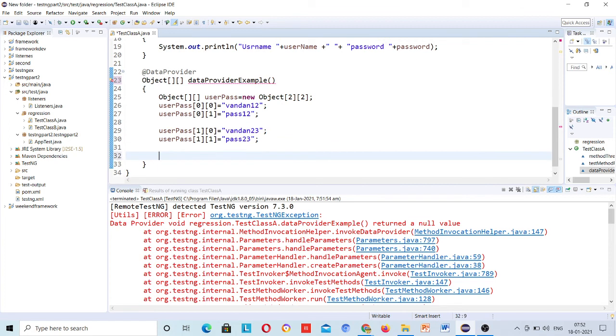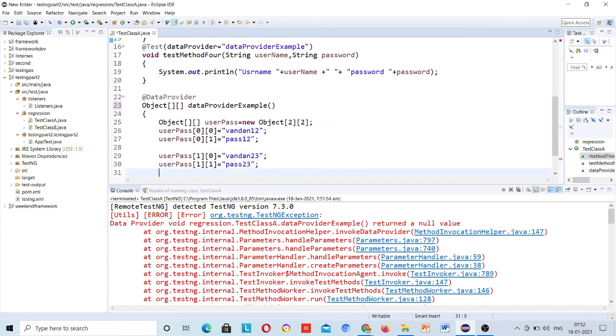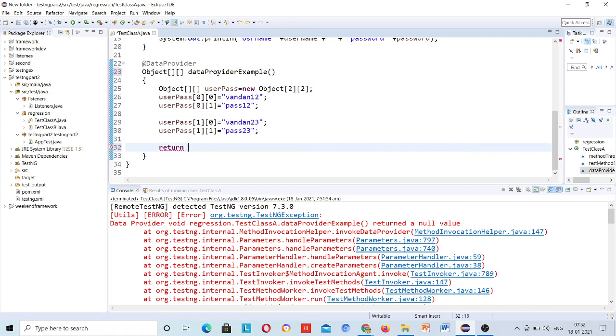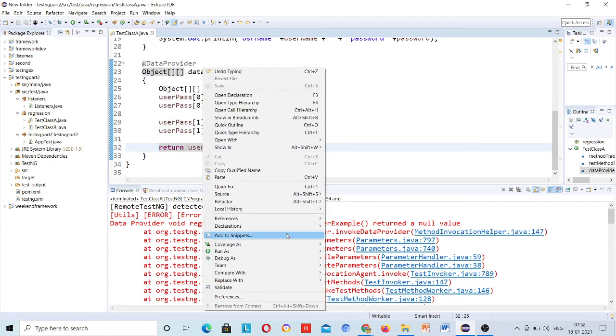Now return it, then this method will be able to grab it. Return this variable. This is the object array. Okay, now run it, it will work fine.